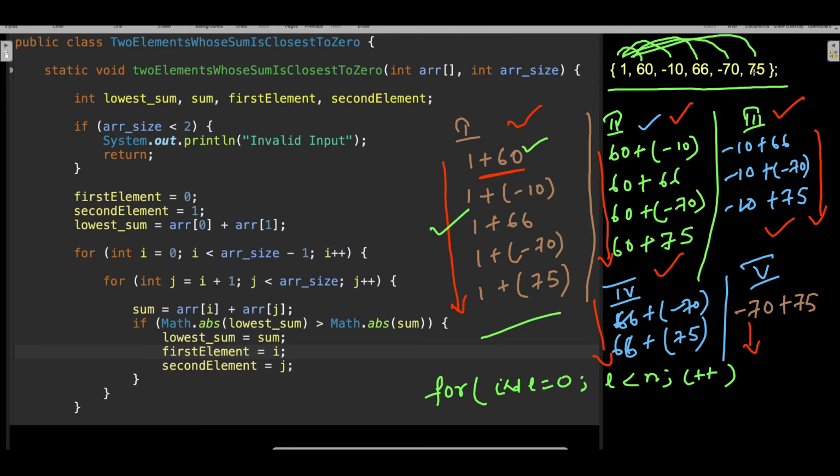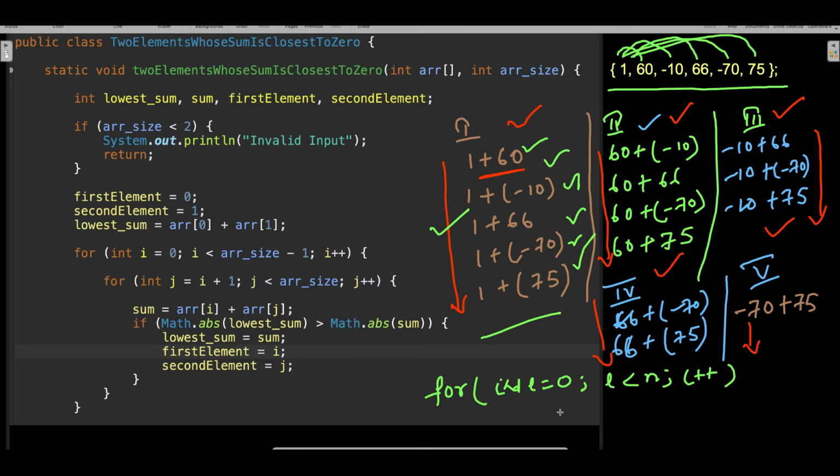Now how will you get this data? See, the first for loop will run on every element. Then how do you get this data? You need to get this data also. So think like this: here i was 0, it ran for this. i became 1, it ran for this. i became 2, it ran for this. i became 3, it ran for this. So this work is done by the outer for loop.